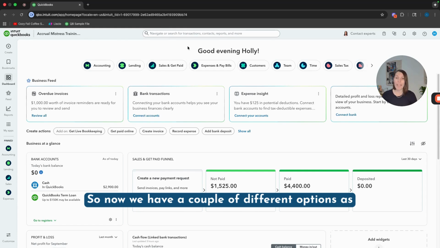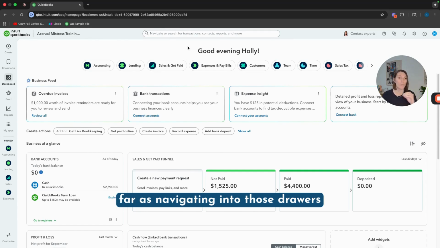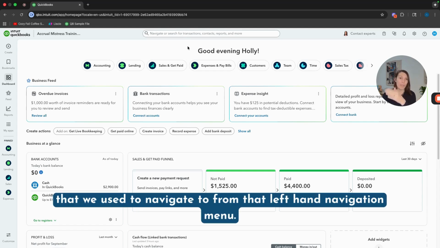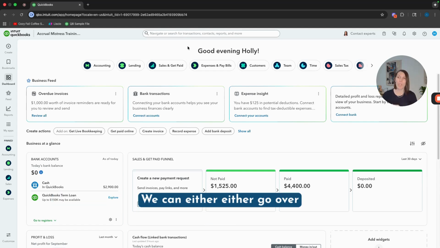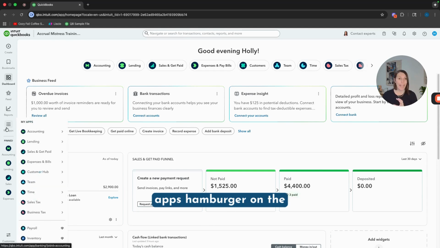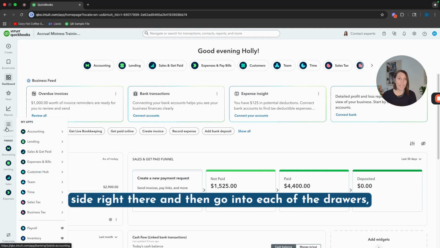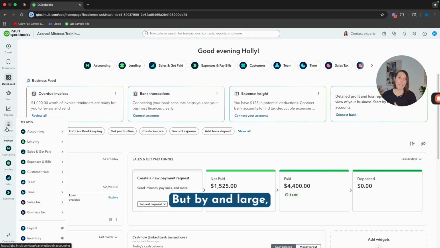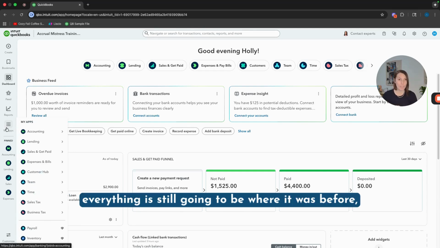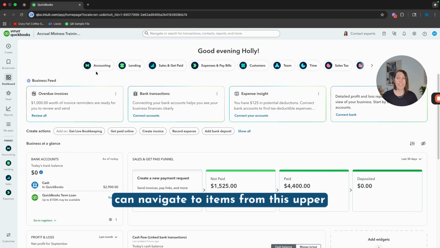So now we have a couple different options as far as navigating into those drawers that we used to navigate to from that left-hand navigation menu. We can either go over here and mouse over the My Apps hamburger on the side right there, and then go into each of the drawers. And you'll see some of the names have changed a bit, but by and large, everything is still going to be where it was before. So we can either go into things this way, or we can navigate to items from this upper navigation menu